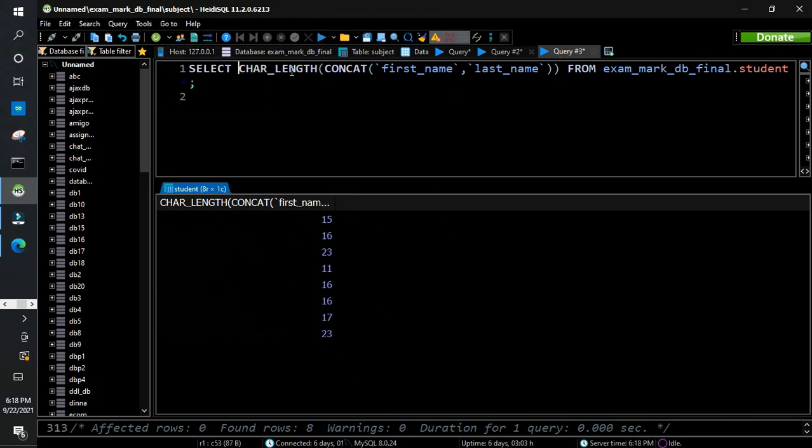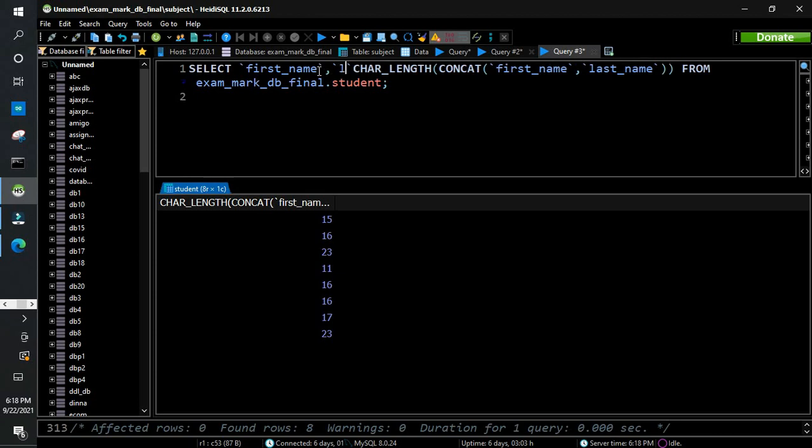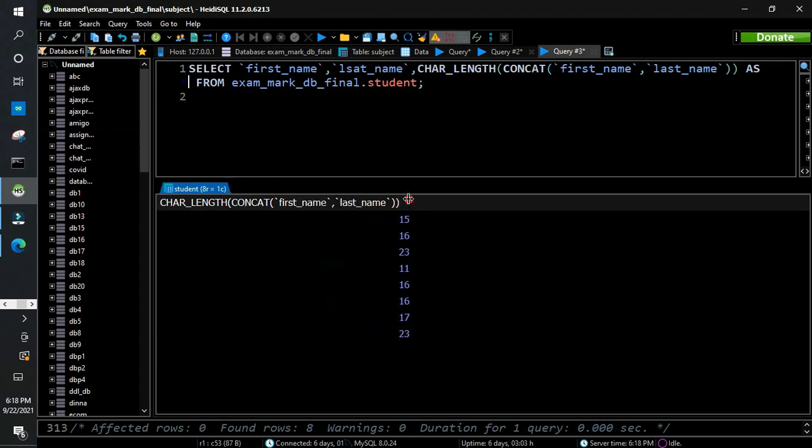In order to make the answer precise, I am going to write it like this: first name and the last name, and in the next column I have these character lengths. Now you have the column name as char length concat, so I have to rename that.